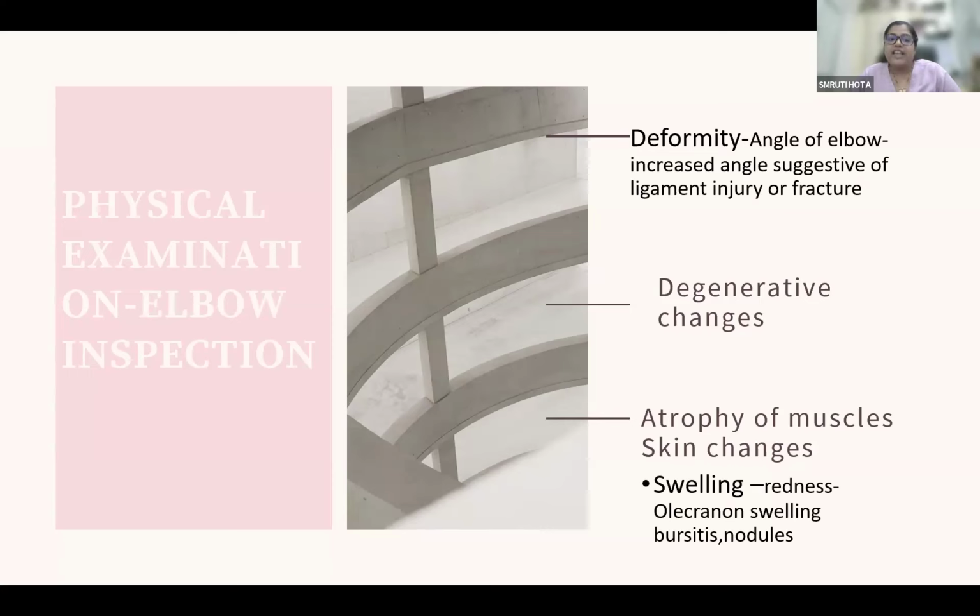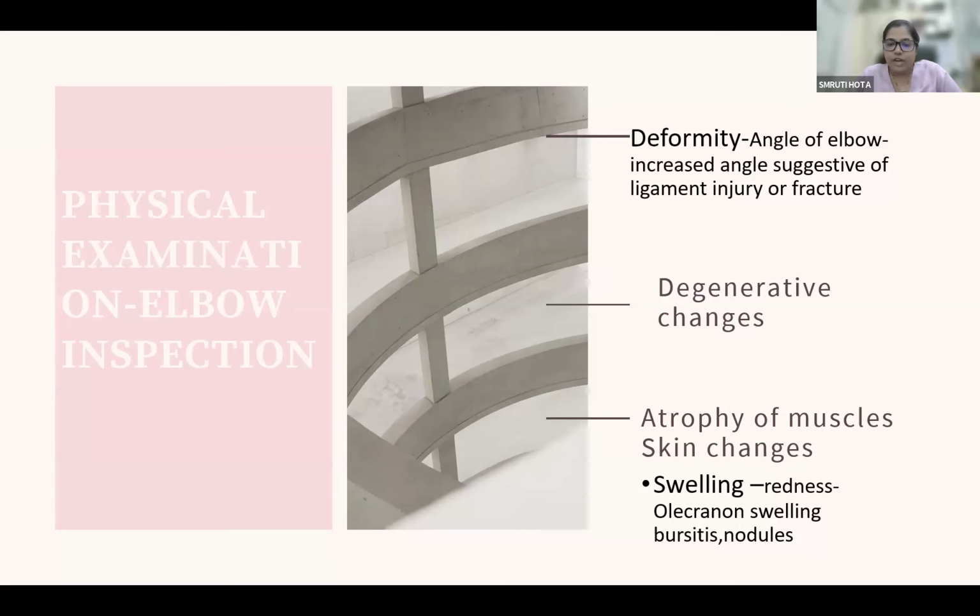Then what about the physical examination of the elbow? In the inspection of the elbow you can see deformity, angle, whether there is an increased angle. Medial collateral ligament or lateral collateral ligament injury in the elbow may lead to increased angle. Or if there is any fracture, you can see deformity or increased angulation. Then you can see the degenerative changes, atrophy of muscles or skin changes. And also swelling, redness, olecranon bursitis, and also nodules you can see sometimes